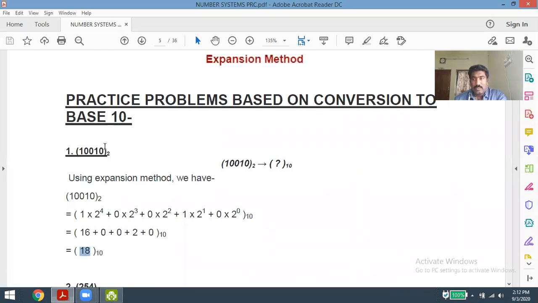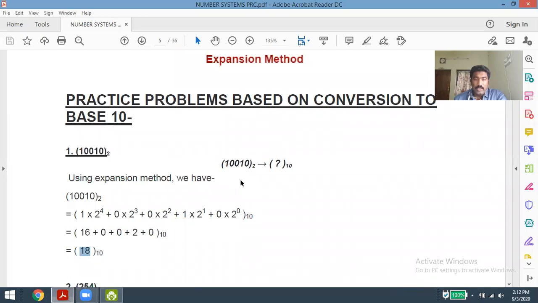But in other formats, don't call it a combined value. Let it be. It is not a 110. So don't call it a 110, because it is in the form of binary. All the binary values are in the form of a single digit, a single bit only, that is ones and zeros. So this is the basic method we have already seen in the last section, how to convert the given binary value into the decimal value.